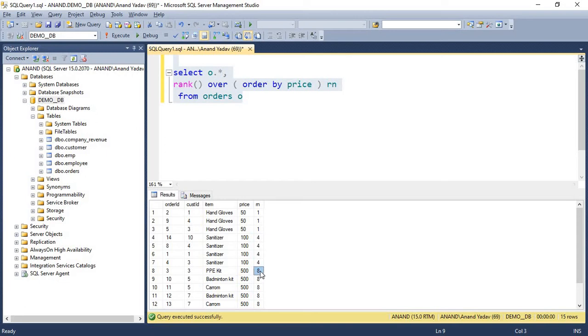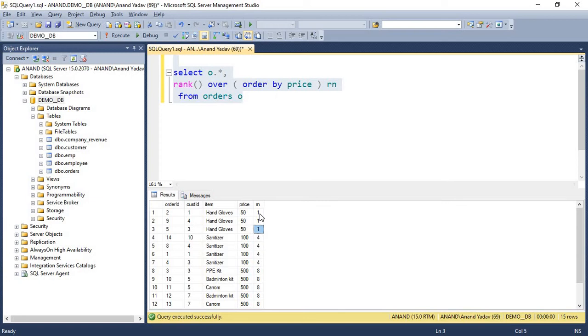So if we look, it assigns the same unique number 8 to all items that have the same price. Now notice that it started by assigning 1, 1, 1 and skipped the continuation of numbers. For the fourth row, it assigned the rank 4, so it skipped 2 and 3. This is because within the partition, and we are not using a partition here, so this entire table is one partition, there is a repetitive value. This price is repeated twice, so it skipped the 2 and 3.